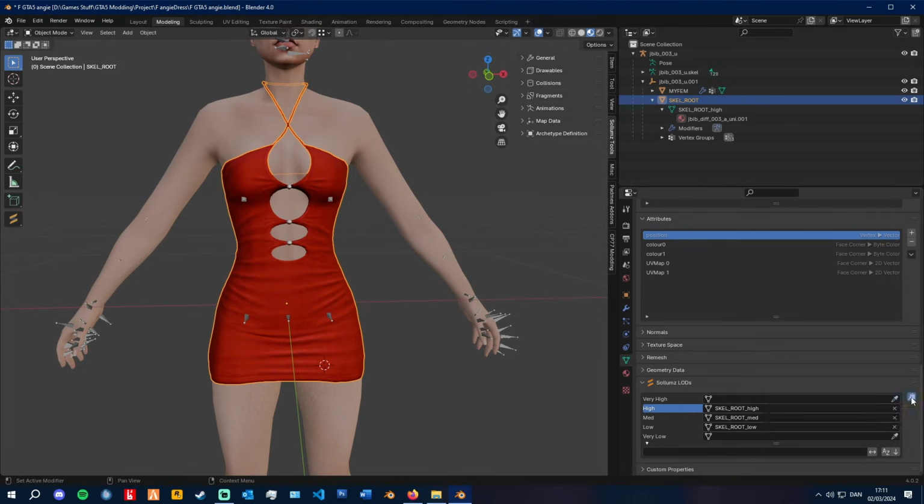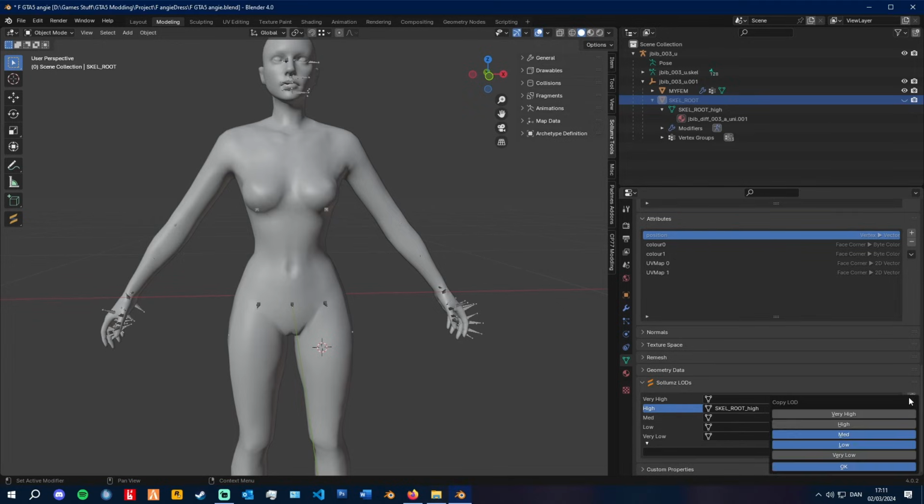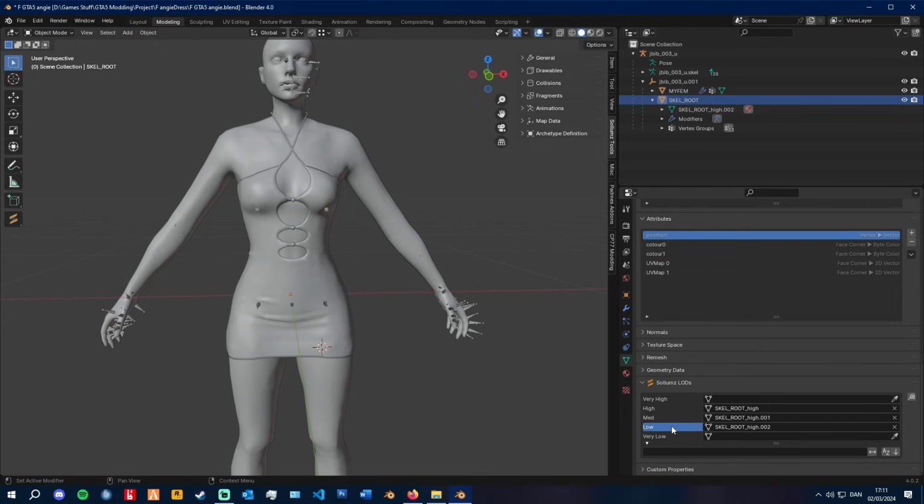So all I do is copy LODs. I delete these other two here. Select the high one. Copy LODs. Boom. Now they do have the wrong name. I haven't found a way to fix that. It doesn't really matter to my knowledge. What I then do is I go into edit mode